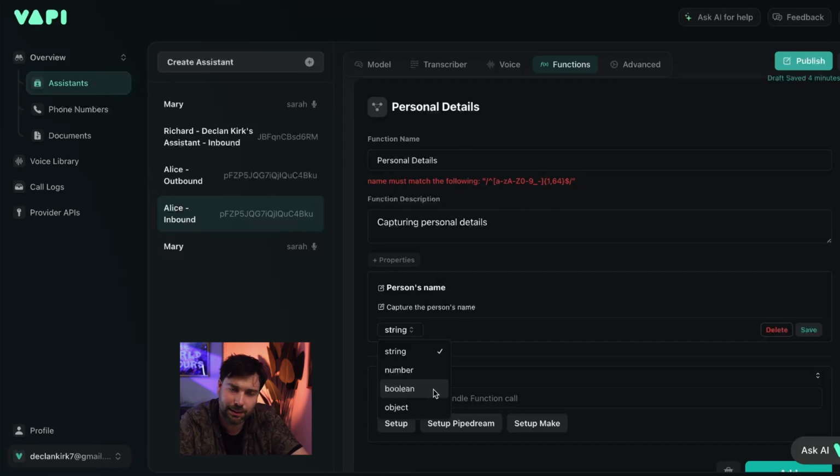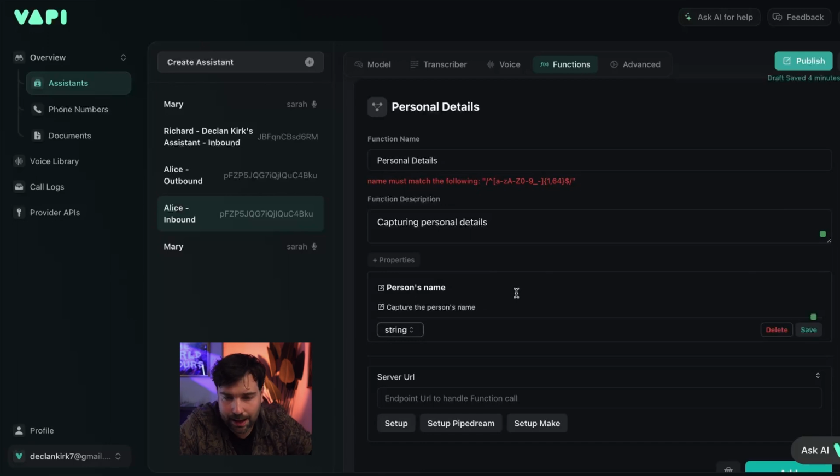We then got Boolean as well. I think that's how you pronounce it. To be honest, I'm not sure. But it's basically a binary yes or no answer. So, I mean, in my use cases, should we have a follow-up call with somebody, i.e. if somebody has a project where they could work with me and it makes sense for me to speak with them, I would put a Boolean and then I would put yes/no, and then I would ask it to determine whether this is someone that I want to speak with and have a discovery call with or not. But again, there's lots of different ways you can use that, and so that's Boolean.